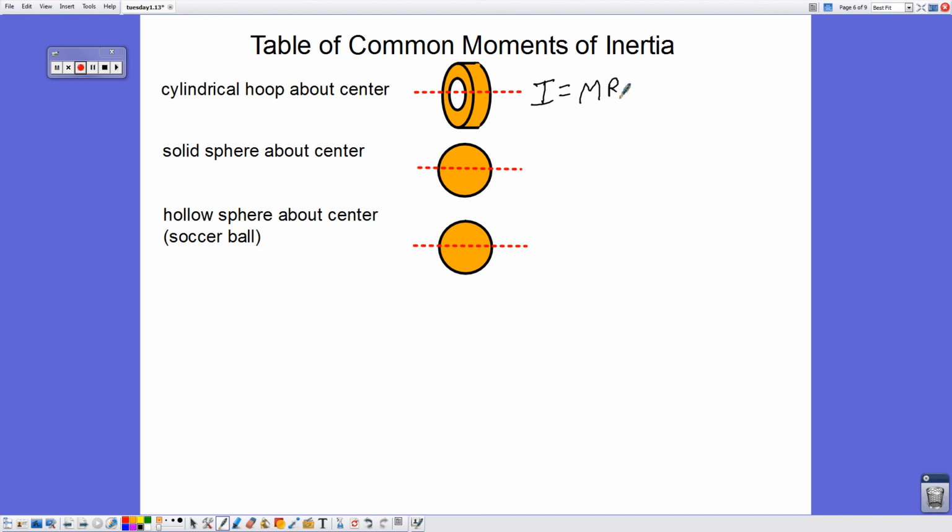Sorry, just checking the notes. Oh, look at that. Fancy, fancy. Alright, now a solid sphere, like a ball bearing or something, about its center, or I should say about its diameter. That's 2/5 m r squared. A hollow sphere, like a soccer ball,